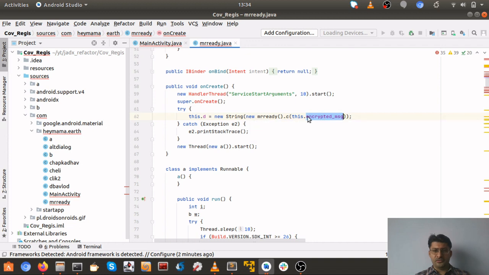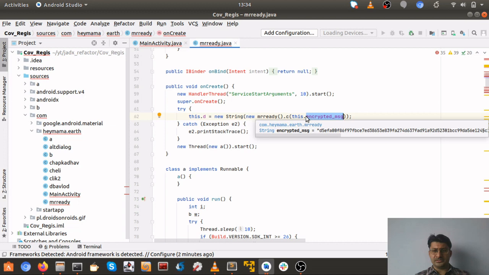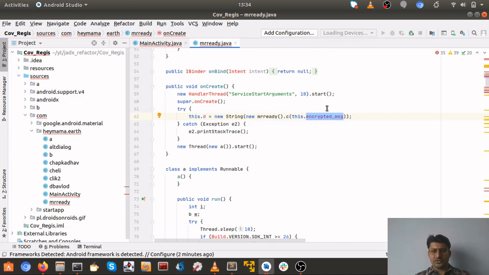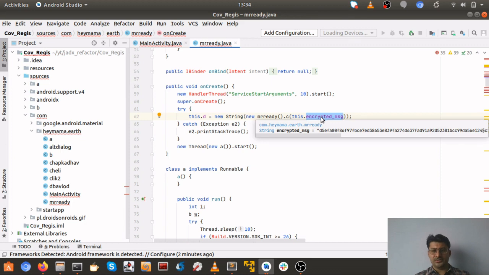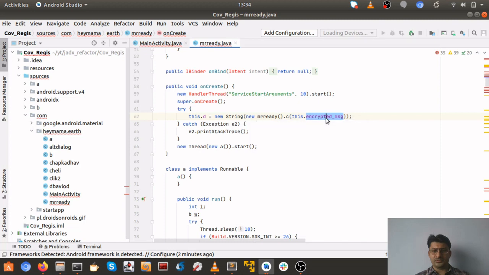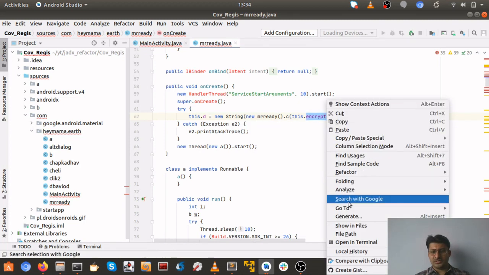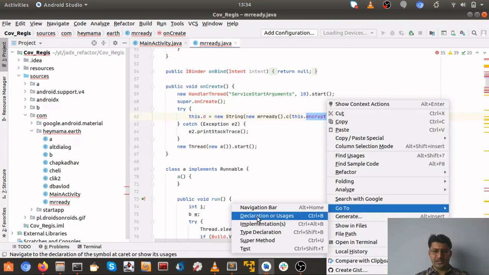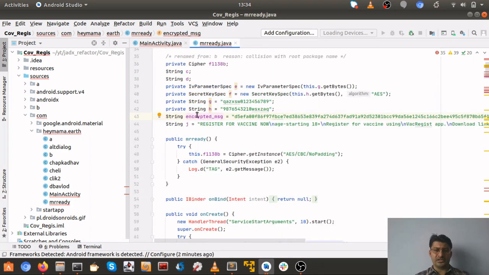And again, if you want to go ahead and see where exactly it's being declared, as we just saw, you can just hover the cursor and it will show you the declaration is here. This is a pretty cool part of the second method. So we can go ahead and maybe click on here. Let's try. No, this is service. Or you can just right click, go to, and again declaration and usage, it will take you here.